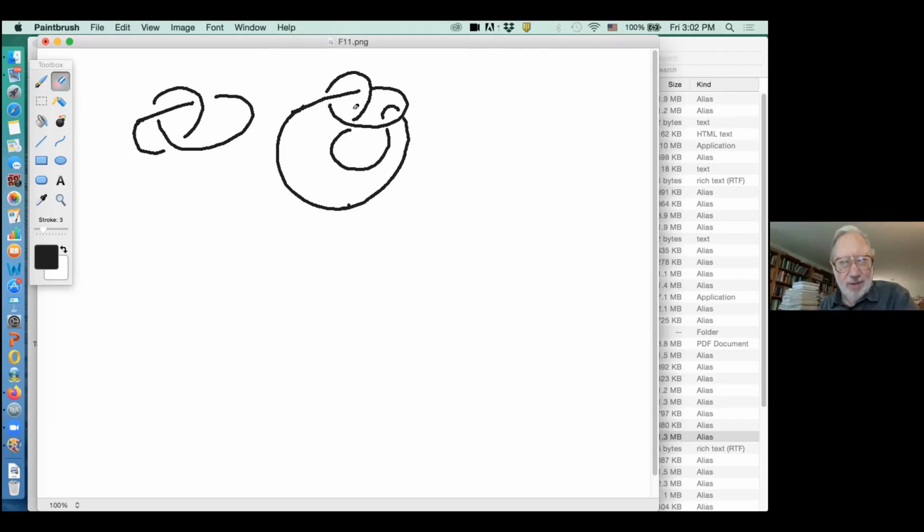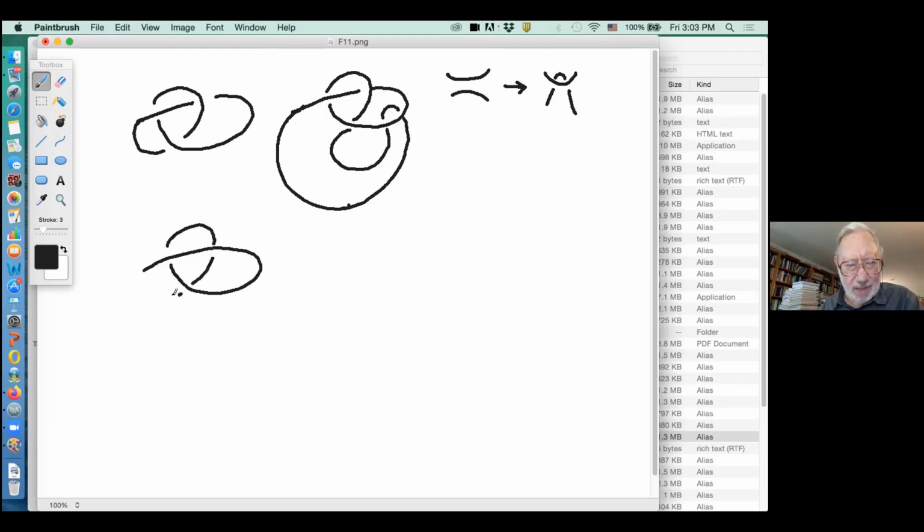I can just slide it underneath itself, which means that out in the abstractness of it, I should be allowed to have two lines next to one another. Then I could slide one underneath and then back underneath like that. So I should be allowed a rule of transformation of this kind. And if I had something that was in fact unknotted like this, I should be allowed to take this guy down here like that.